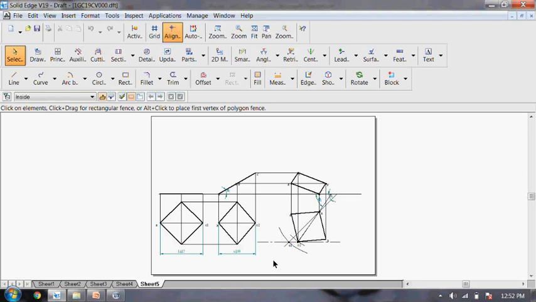Based on this, if your first step is right, then you will get some marks. If your foundation step itself is wrong, you will get 0 marks. Therefore, making the foundation strong is very, very important. You should have clear-cut knowledge of HP resting lamina with either edge resting or corner resting. It should be very, very clear, whether it's category 1 or category 2, whether it's HP resting or VP resting, with either corner resting or edge resting. Both are important.